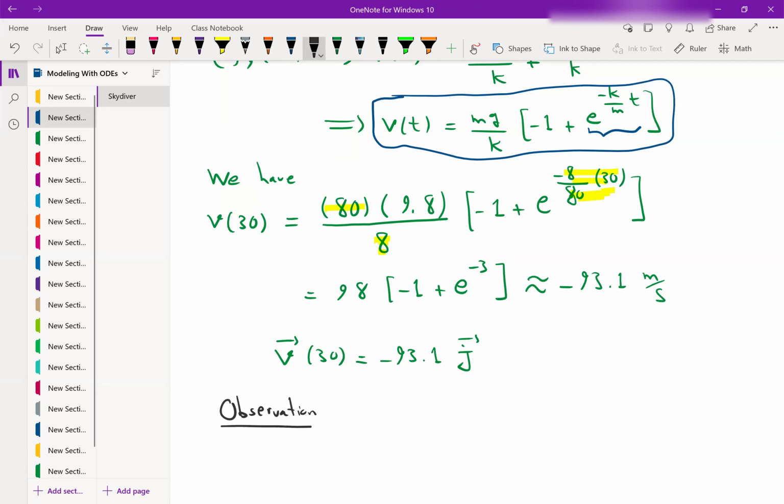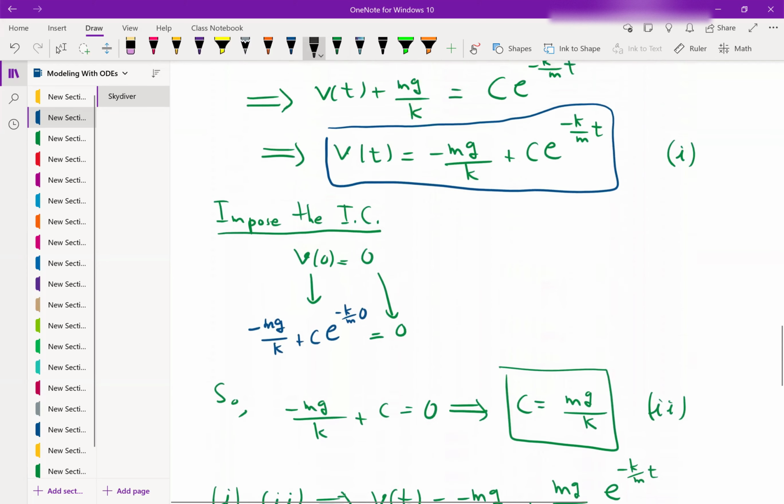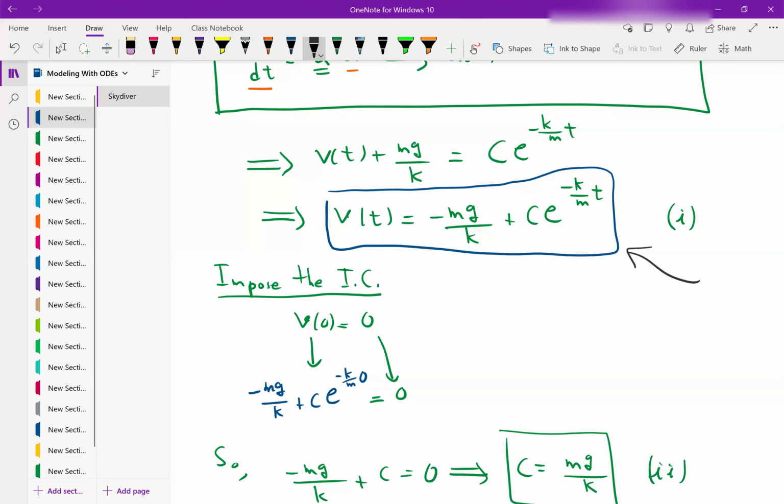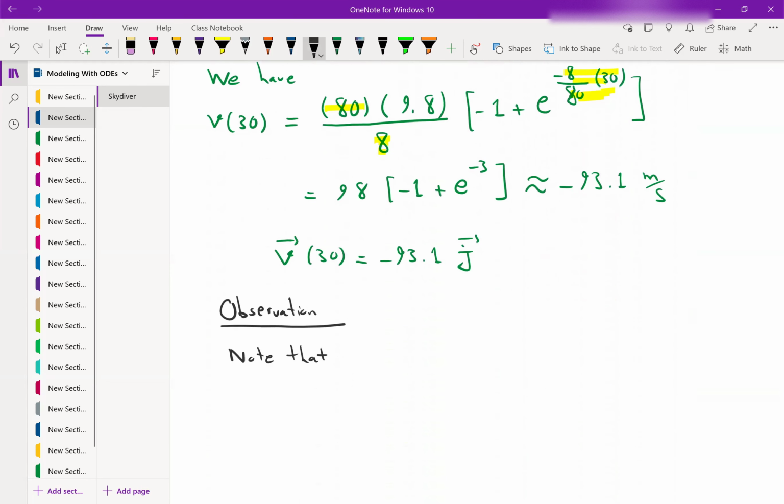Observation. Note that, as a matter of fact, this is true regardless of the initial velocity. Even if we use this formula, where we have this c there, where we have not imposed the initial velocity yet, still this term, the second term, goes to 0. Note that, so let me write it here. Note that, regardless of the initial velocity of the skydiver,